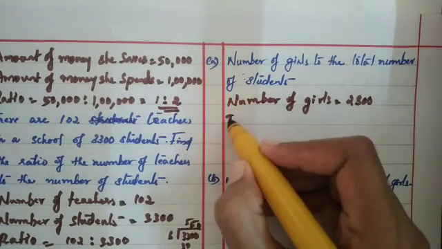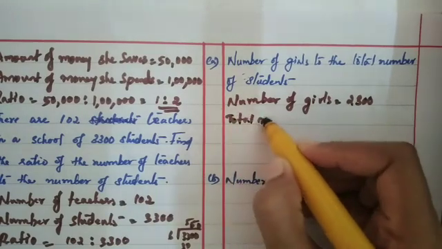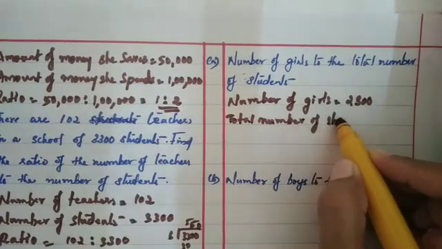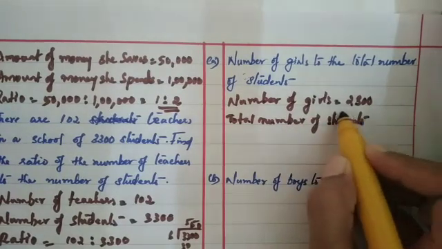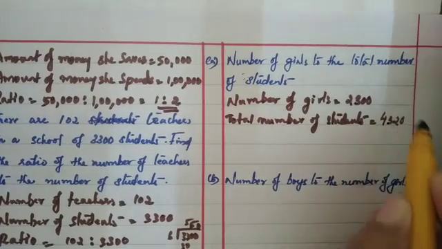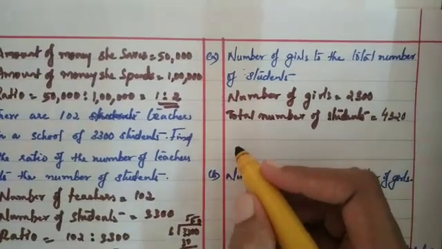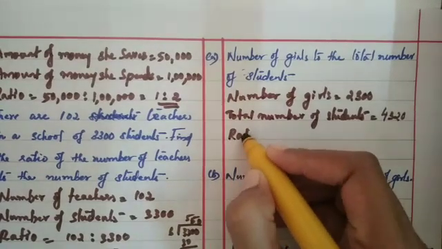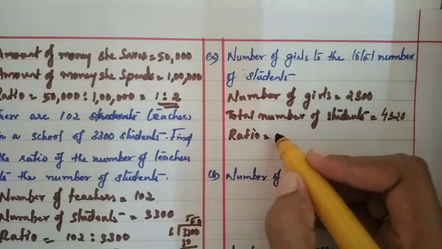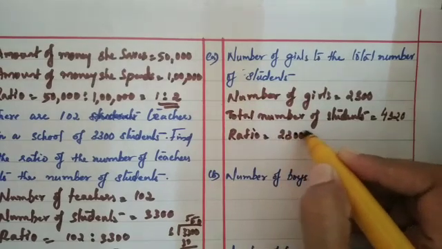How much is total number of students? It is 4,320. Then you have to write the ratio. Ratio equals, first you have to write number of girls, 2,300 is to